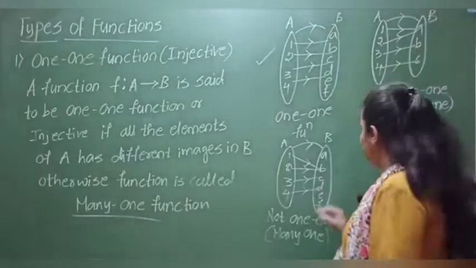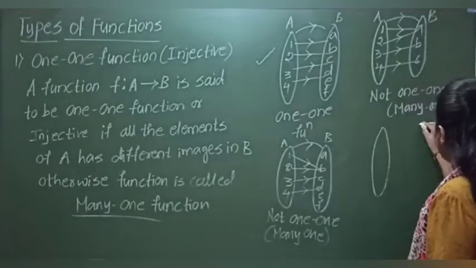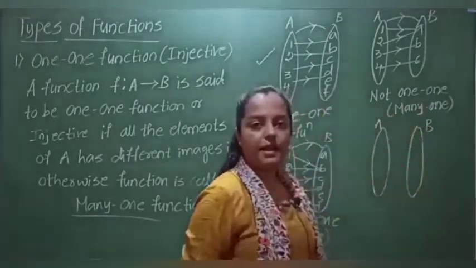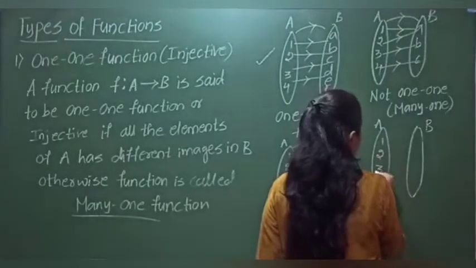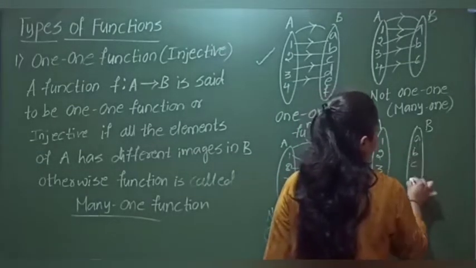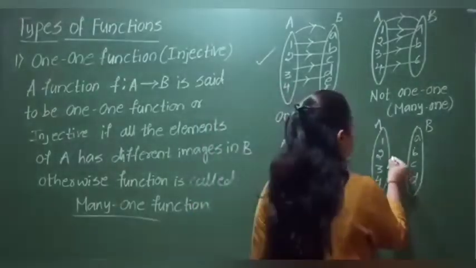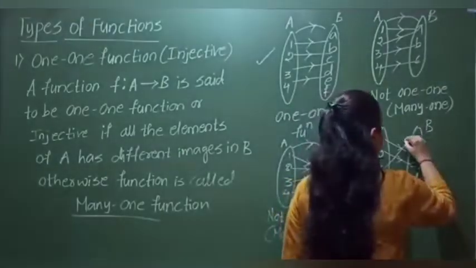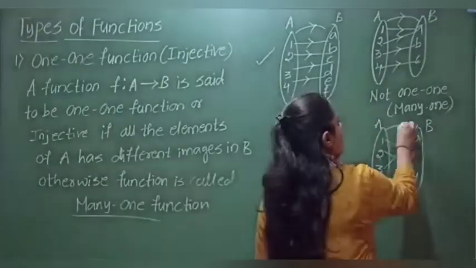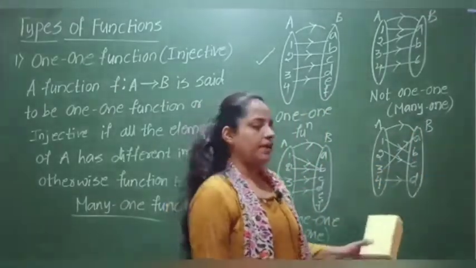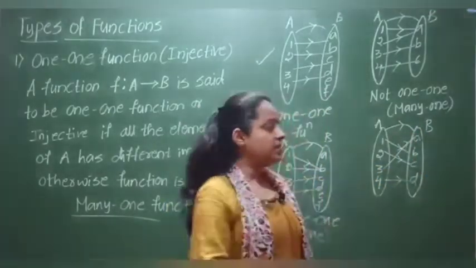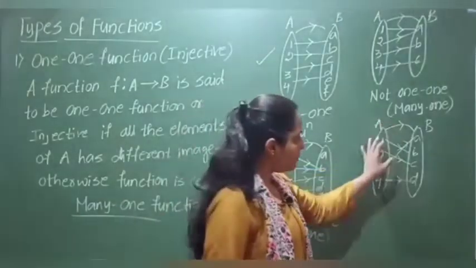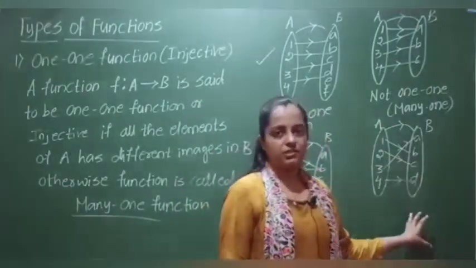Right? So now I'll take another example, so you can understand clearly what a one-one function is. So now f is a function from set A to set B. A has elements 1, 2, 3, 4. B has elements A, B, C, D. Now 1 is connected to B. 2 is connected to C. 3 is connected to A and 4 is connected to D, and this is a function from set A to set B. You know this is a function from set A to set B, and I will think, is it a one-one function or not? So this is obviously a one-one function because all the elements of the set A have different images in